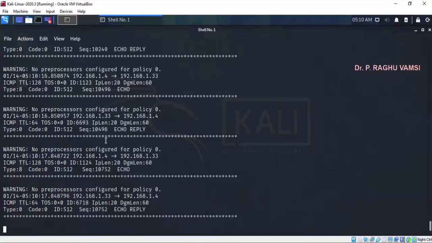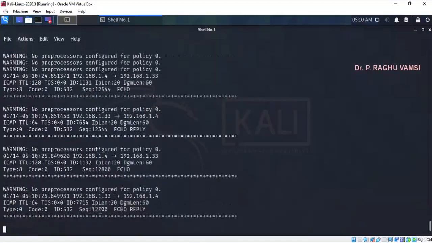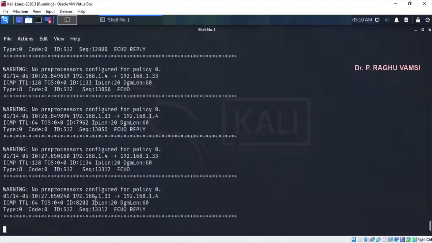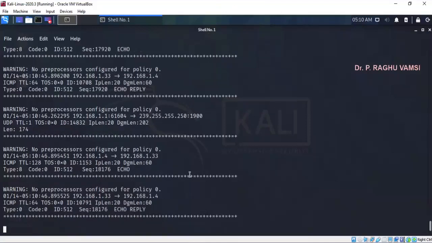It is quite different: sequence number 1722, again 11008, 11520, 11776. This is the way the sequence numbers are changing. That means sequence numbers are not constantly increasing. What we have studied theoretically can be observed over here. It always chooses a random way of incrementing the sequence numbers, and the initial sequence number is also completely random.